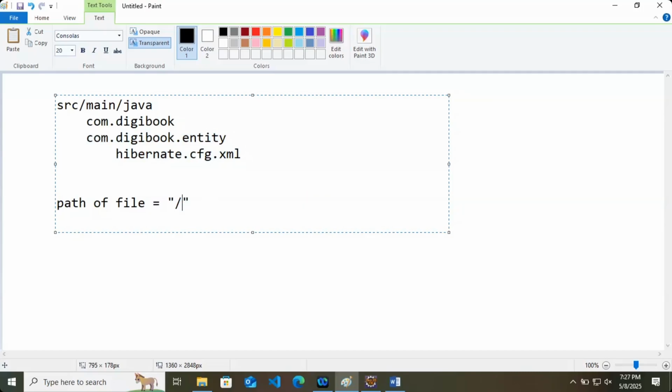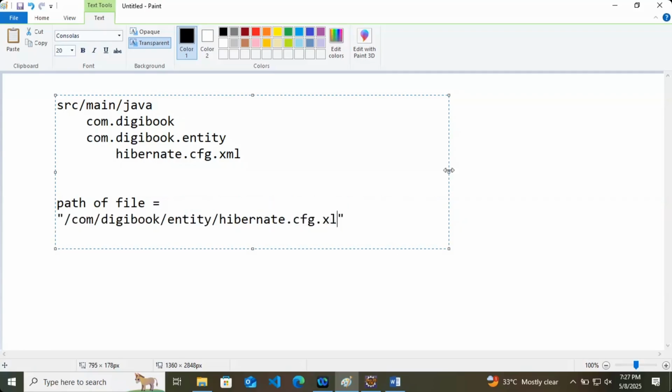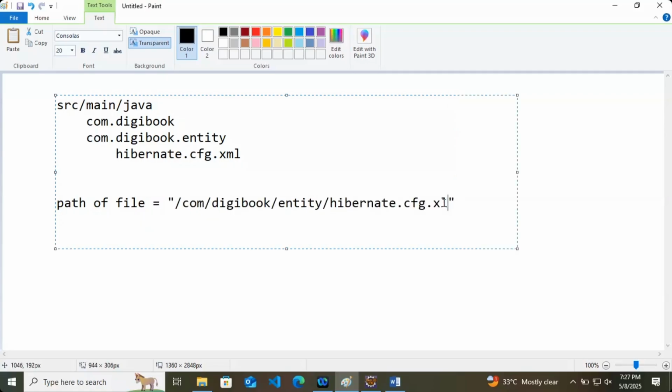At first you have to write a slash. Slash means you are talking about src main java, because the grandparent of your file is still src main java. Then you have to write the parent path. So slash means src main java, then com slash digibook slash entity slash hibernate dot cfg dot xml. Now in this case, this is your path.